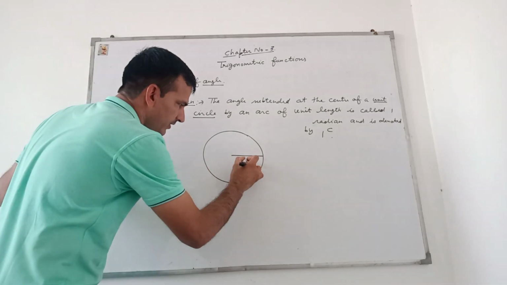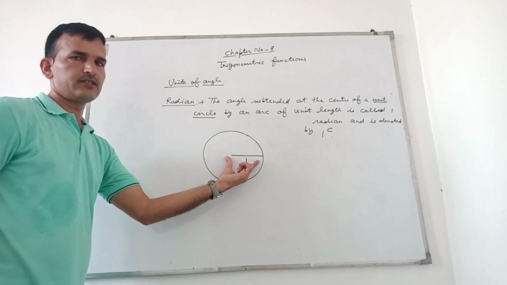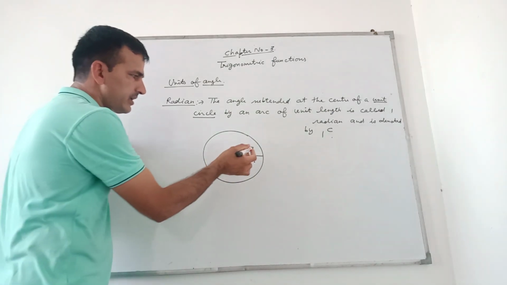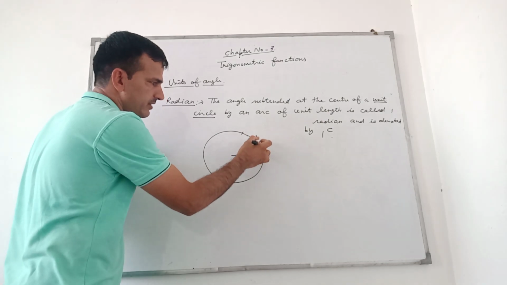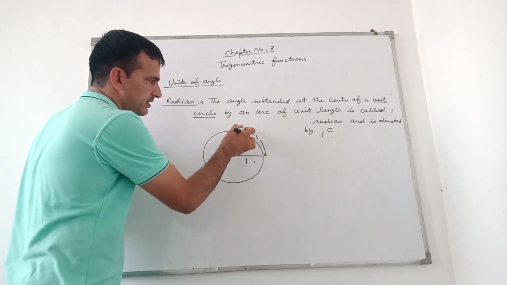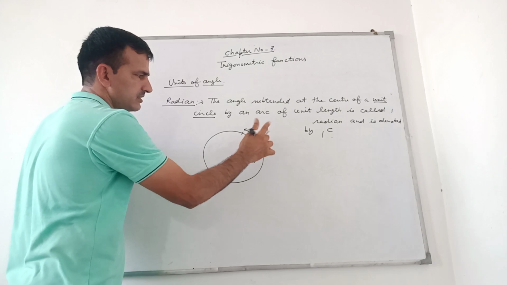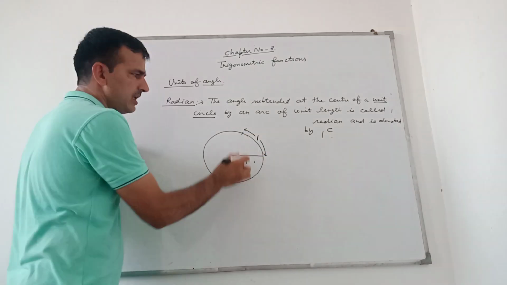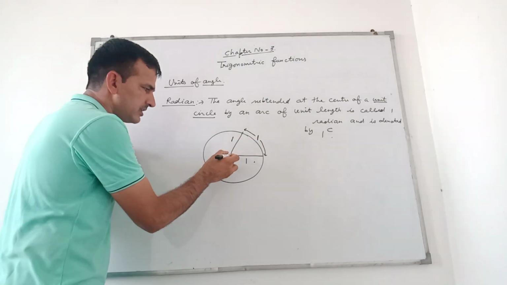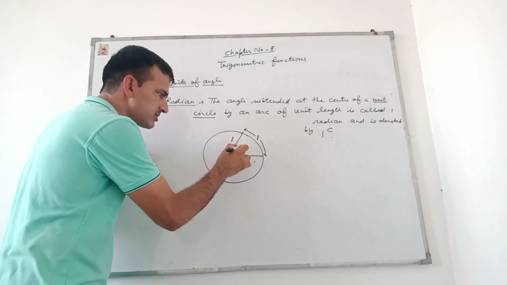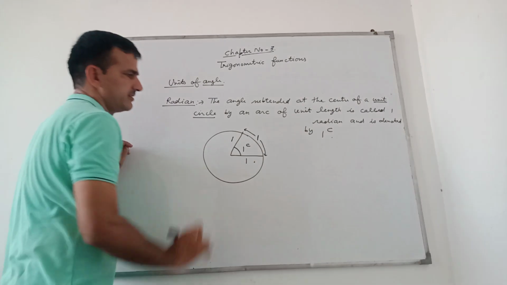इसका रेडियस क्या बेटा 1. Radius is 1. This is a unit circle and this is an arc of length 1. इस arc की भी length क्या बेटा 1, यहाँ से आता है, 1 is the length of this arc. This is 1. Now this is also 1. This is the radius. Then this angle is called 1 radian.